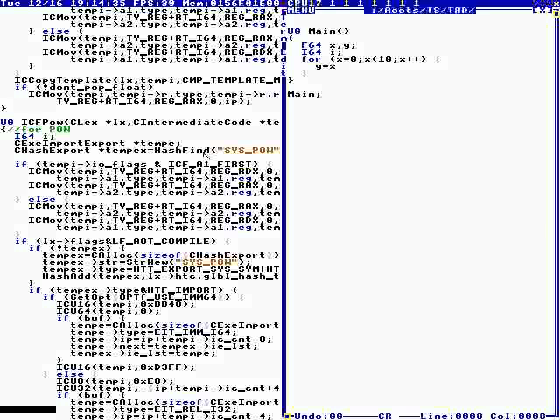Y equals x to the power of, you use the backslash or the back single quote, x to the power of, let's say, 1.5, and then we